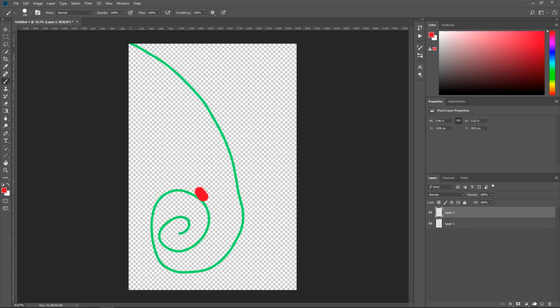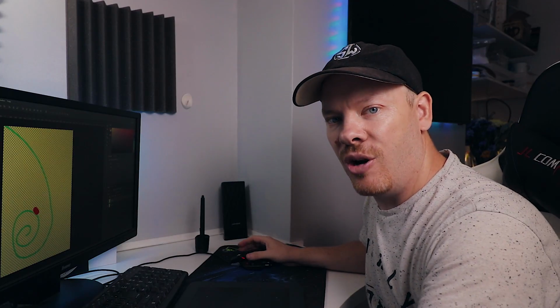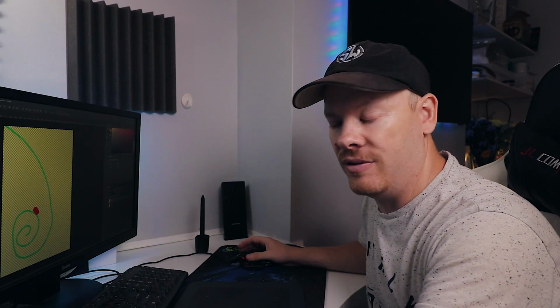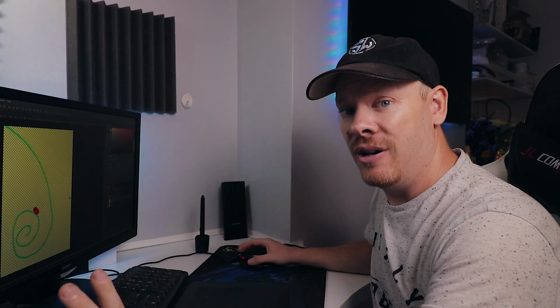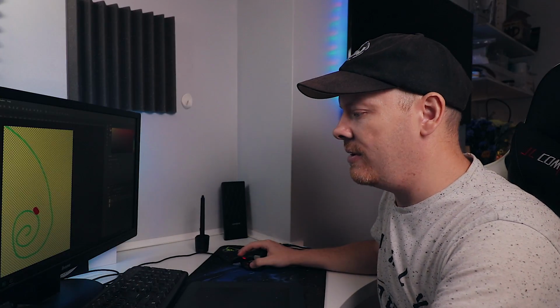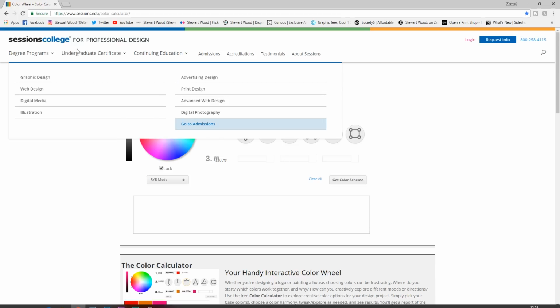So the next part is the background. Now this is where I'm not too sure what I want to do. And this is where I want to give you a nice tip. Now I'm always using complementary colours and split complementary colours, okay? Now to find out what colours you want to use, you want to come to a website that I've discovered. This website is